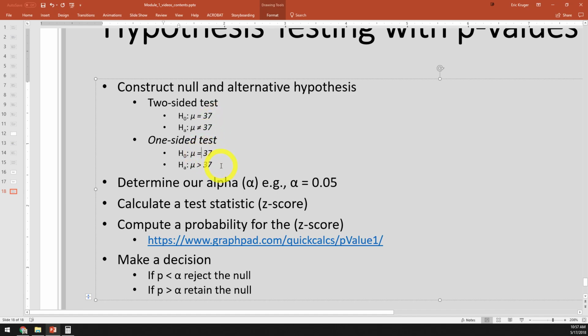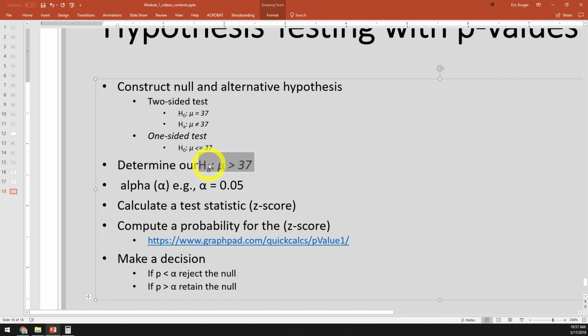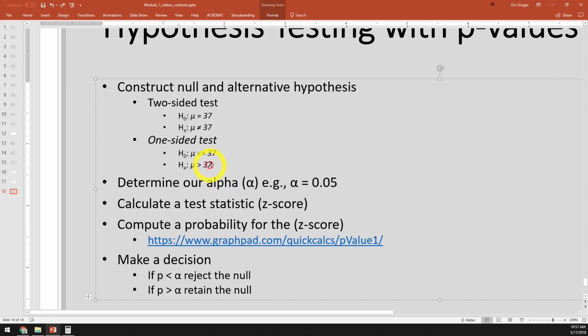In a one-sided test, you are saying that your null hypothesis is basically any value less than a specific value, like 37, and your alternative hypothesis is in a specific direction, and that it's above that same value. So in this case, a one-sided test, we're saying that the null hypothesis is less than 37, and our alternative hypothesis is above 37. So it's a specific direction in terms of being above 37, while in the two-sided test,